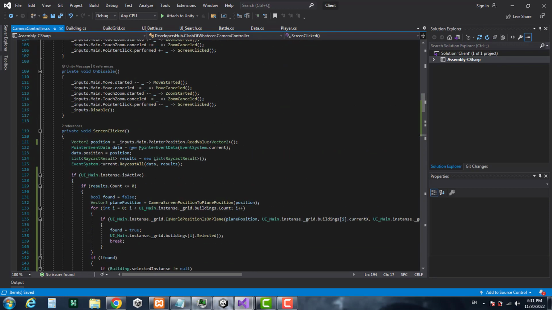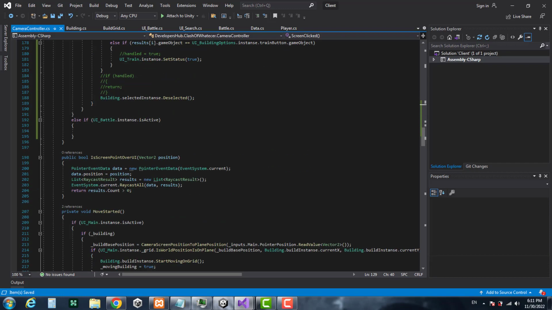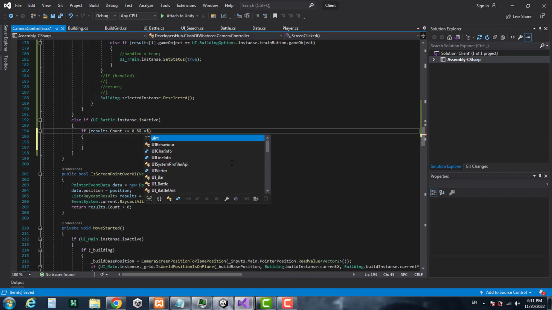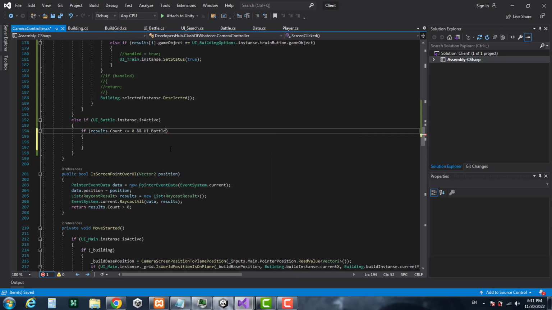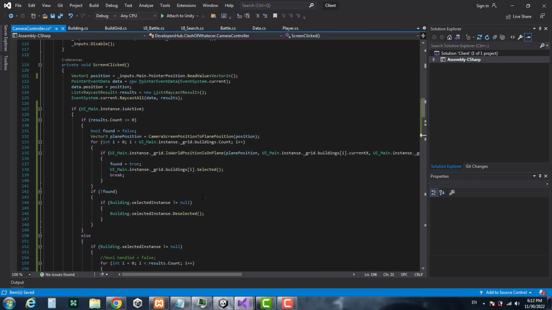So let's say, I'm just gonna copy that condition. I'm gonna say if that count is less than 0 and UI battle dot instance dot selected unit is greater or equal than 0. Let's take a look at this. I'm just gonna copy that